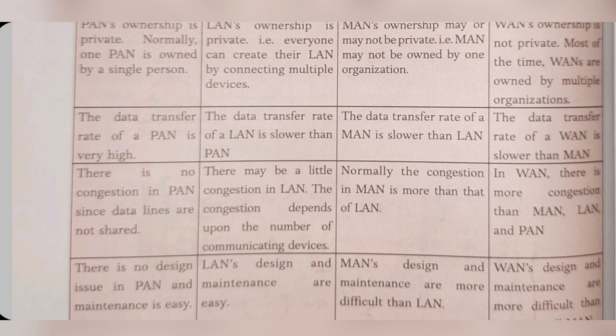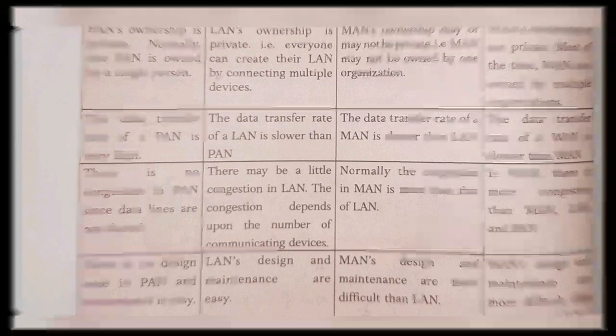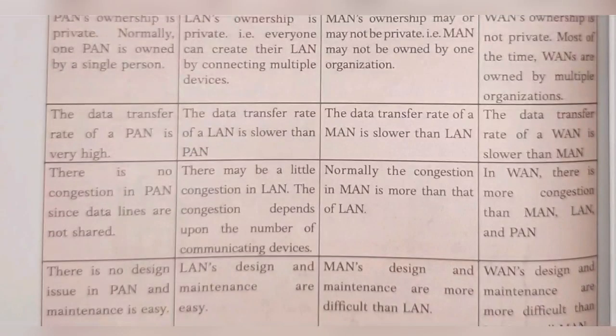So this type of problem might not arise in PAN as the number of computers is very small. And in LAN also the congestion rate is very low. But in MAN, as the number of computers is higher, the chances of congestion are more. In WAN it will be more than MAN, LAN and PAN,